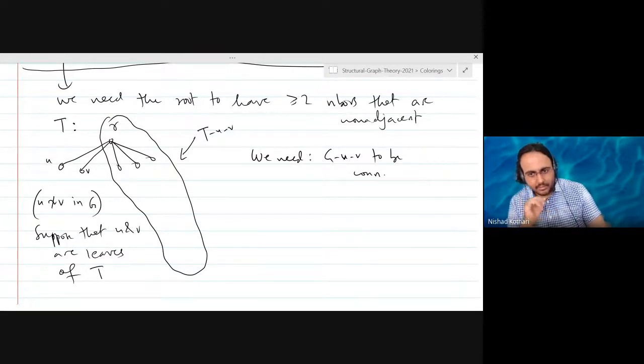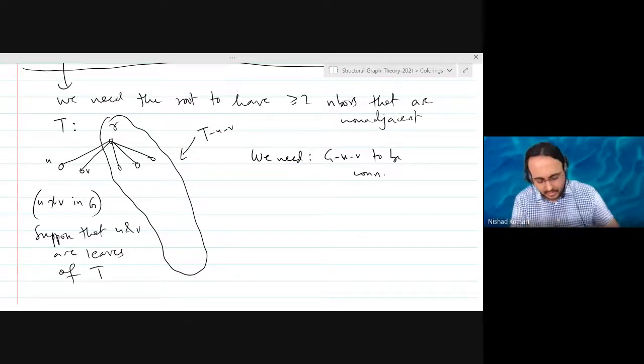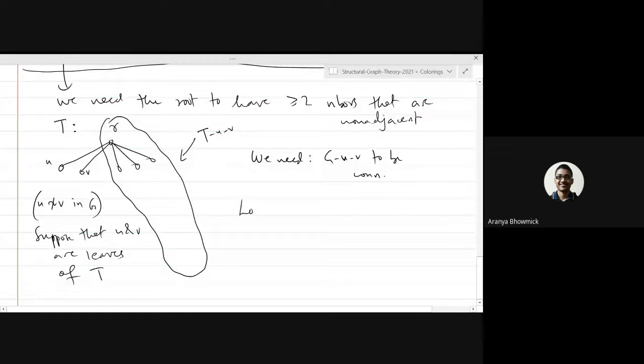Okay, but let me not go into that right now, right? So what we are going to need, we want two vertices that are leaves of the spanning tree, and we want the graph to be connected even after deleting these two vertices. Okay? Yeah. Then if G minus U minus V is connected, then G minus U minus V will have a spanning tree, and that spanning tree will not span U and V. Exactly. Exactly. So basically, the only possibility is that U comma V is not a two vertex cut.